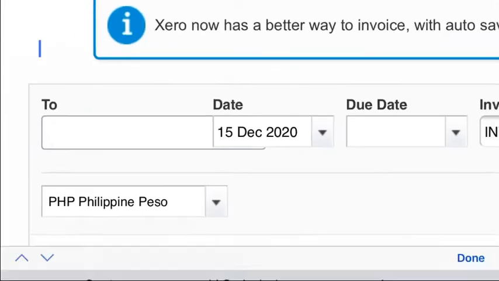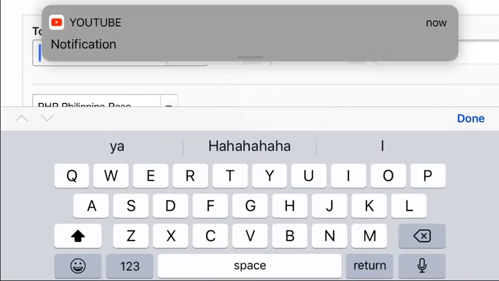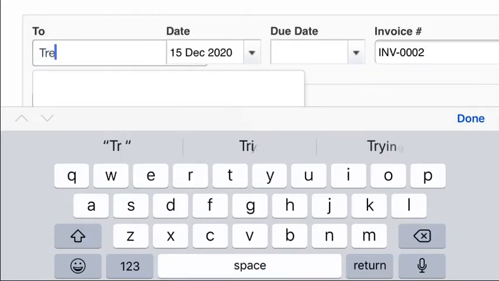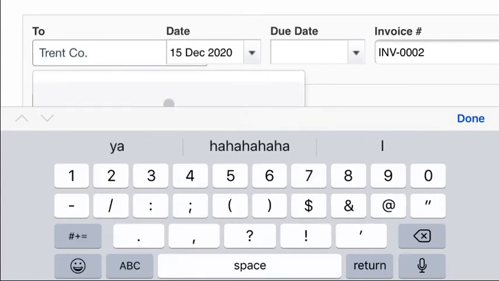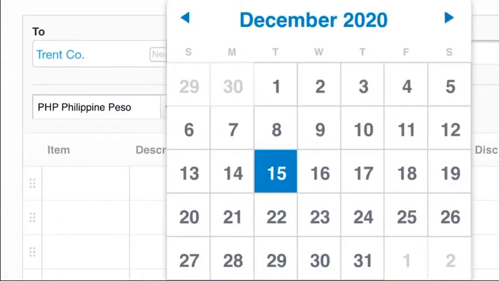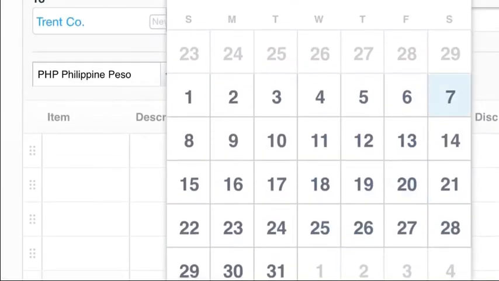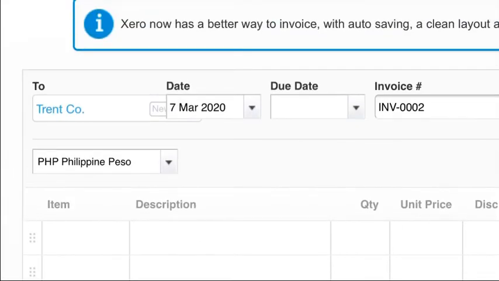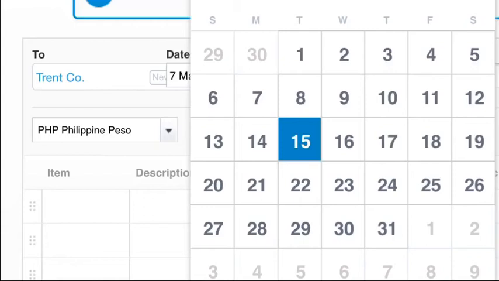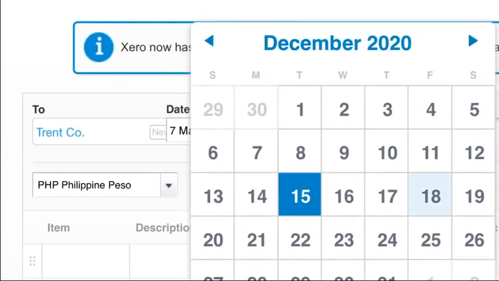So at ibutan diri to Trent Corporation, and for the date, so for the date March 7 itong nag-issued ng invoice number 92 to Trent Corporation na